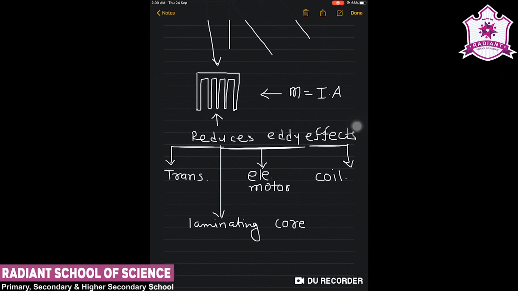The plane of lamination must be arranged parallel to the magnetic field so that they cut across the eddy currents' path. This arrangement reduces the strength of eddy currents, and since the dissipation of electrical energy into heat depends on the square of the strength of electric current, heat loss is substantially reduced. So we can reduce eddy current, but we cannot cancel it totally. This is an important topic for this chapter, and it can be asked for a 2 mark question in the examination.